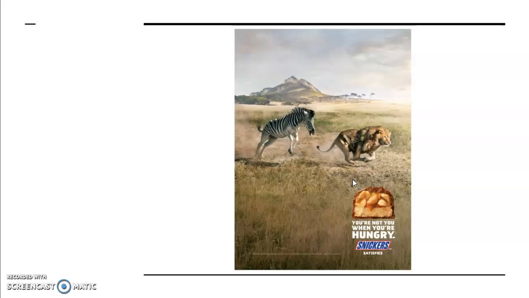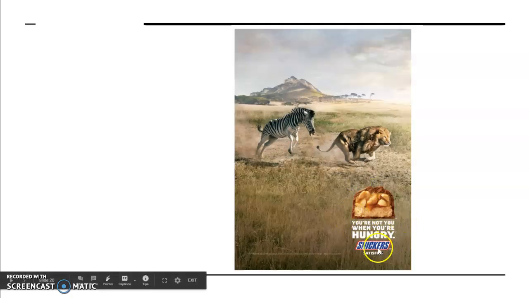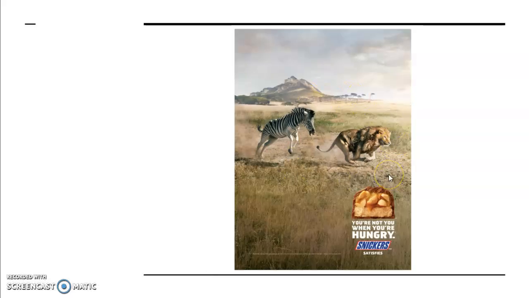but also that maybe you can't do the things that you would normally do. So the brand strategy here, the advertiser's intended meaning, is that the Snickers bar will prevent you from being hungry and therefore will prevent you from being in a situation like the one that the lion is in. They are trying to get you to buy a Snickers so that you will not be hungry, so that you will be able to regain your typical societal role and activities. So then,